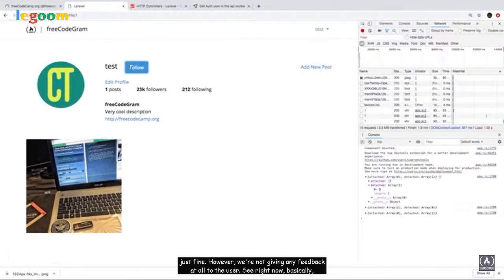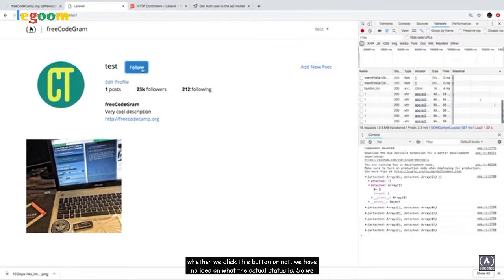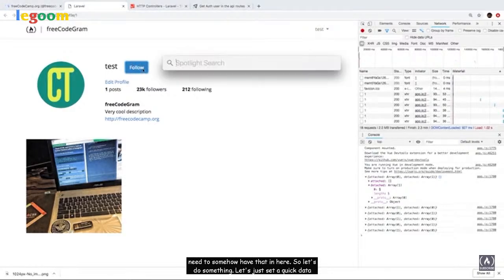However, we're not giving any feedback at all to the user. See, right now, basically, whether we click this button or not, we have no idea what the actual status is. So we need to somehow have that in here. So let's do something. Let's just set a quick